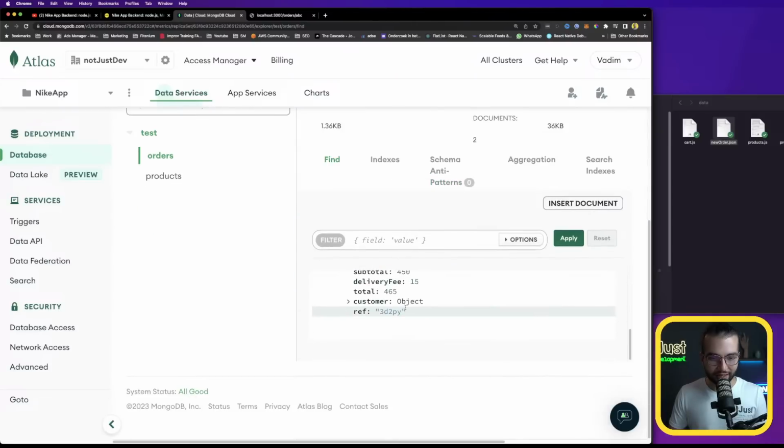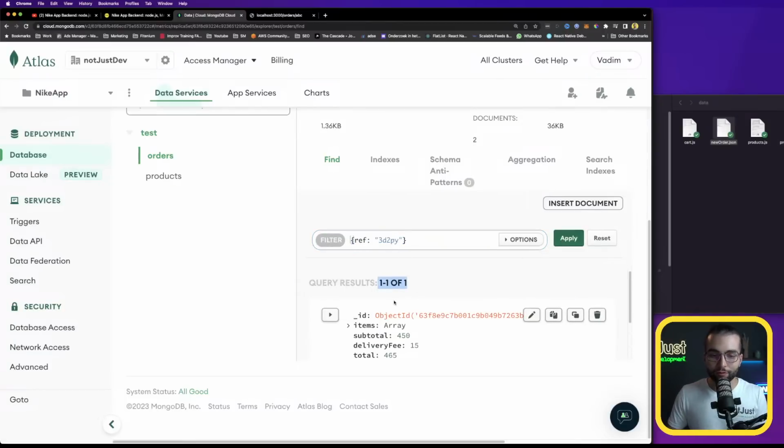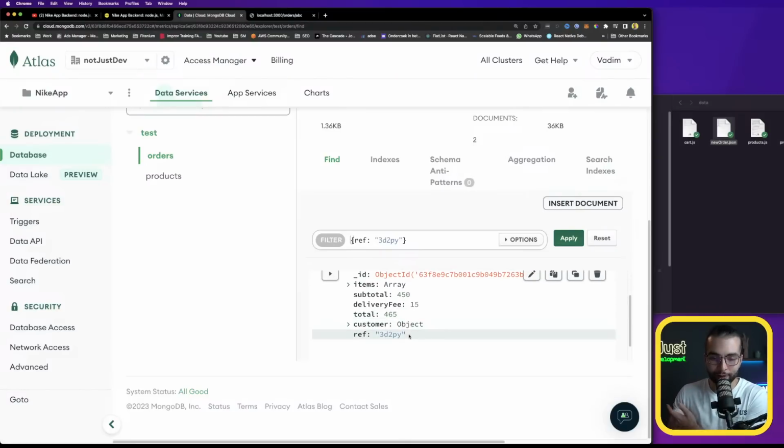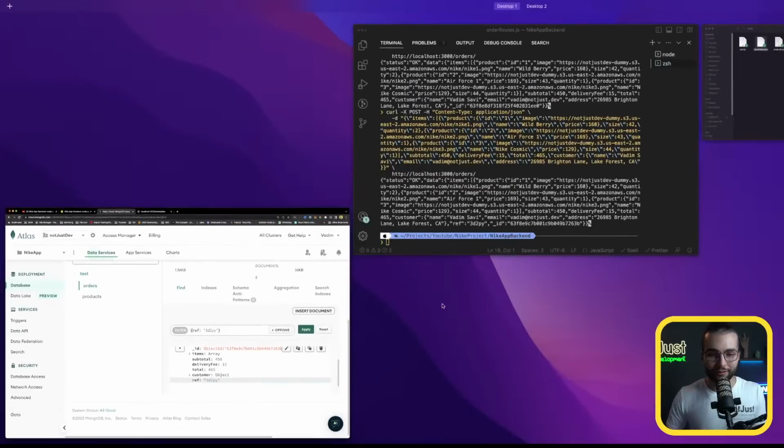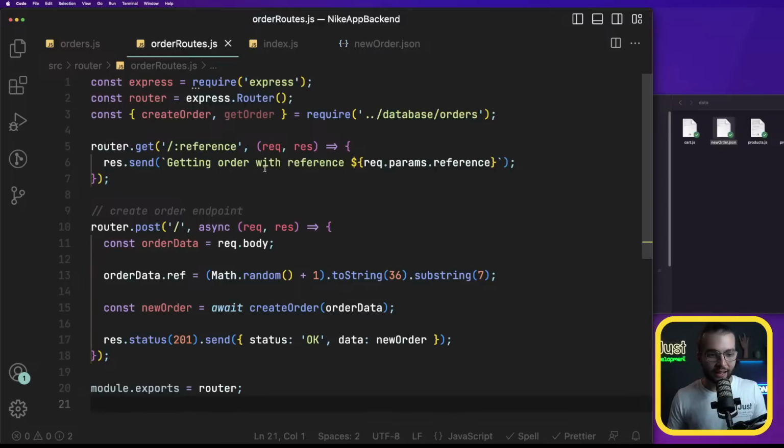So if you scroll down to the second item, there is a ref with this item. And the cool thing is that now we can search based on this reference like this in our MongoDB database. And if I apply these filters, I get the worder with that reference. So that's a much more human friendly way of looking based on some kind of IDs. Instead of giving that long ID, we generated a shorter one. And now what we have to do is to implement in this router